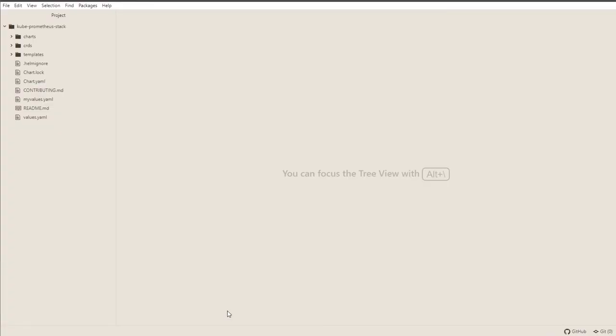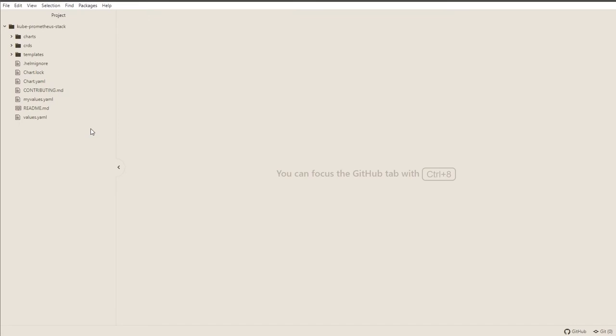Now, there are a couple of things in this professional chart which we haven't done in our chart. Now, I'll stress that if you're just using Helm to make a chart for your own project and you're using it so that you can do something like a dev and a production environment, what we've done here is perfectly acceptable. You don't need to go any further, but there are a couple of things that we've not investigated so far. The first thing is this charts folder, which we left completely blank.